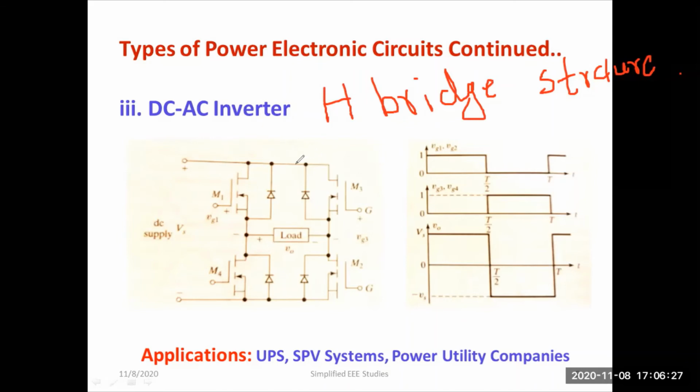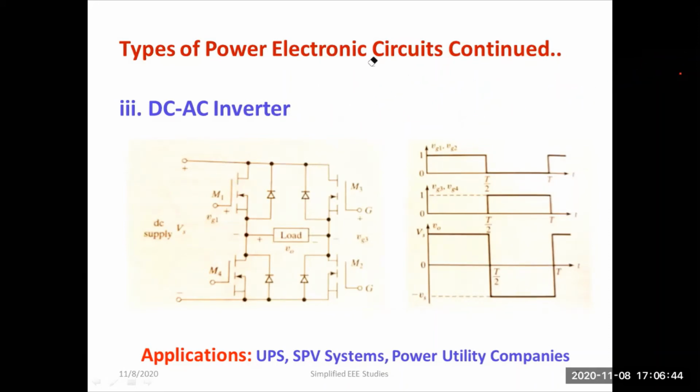There are two types of inverter: single phase inverter, or you can go for a three-phase inverter. Similarly, depending on the PWM signal, you can have different types of inverters like sinusoidal inverter and square pulse inverter. Likewise, there are different configurations that I'll be discussing during the fifth module. Let us see how it operates.